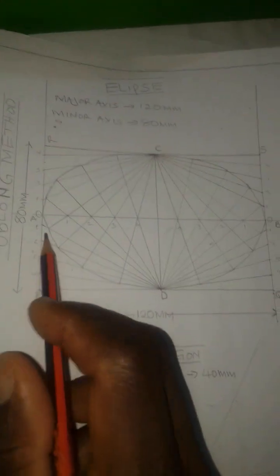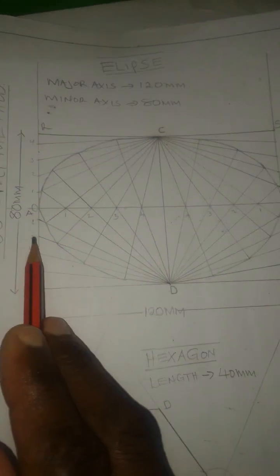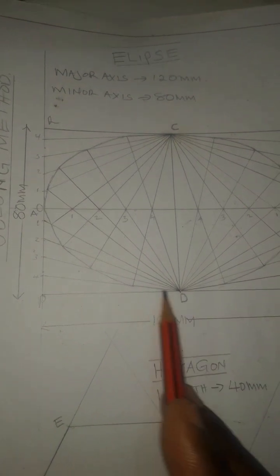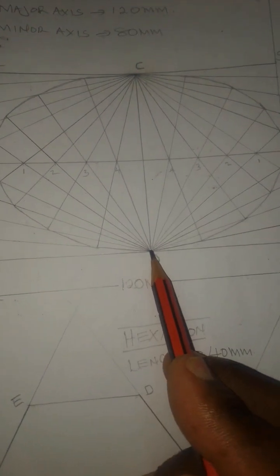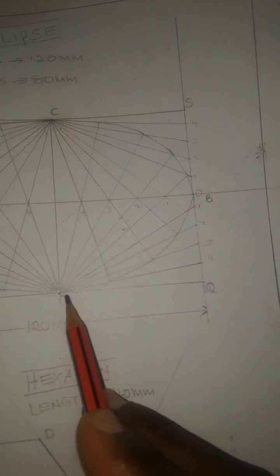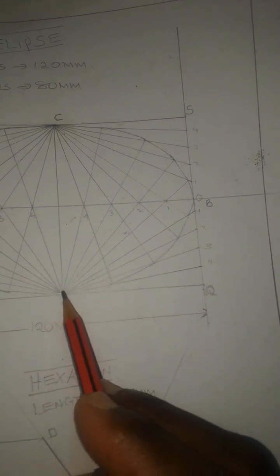From this point 1, we draw a line to meet at D. From this point 2, we draw a line to meet at D. From this, we do the same thing up to 4. Then it meets at D. Then we come also to this side. We stand here at 1 to meet at a common point D. We stand here at 2 to meet at point D. We stand here at